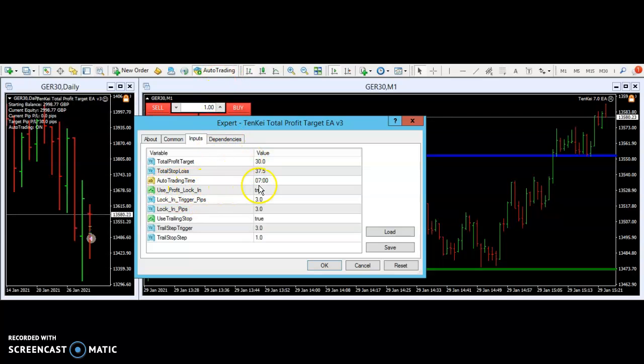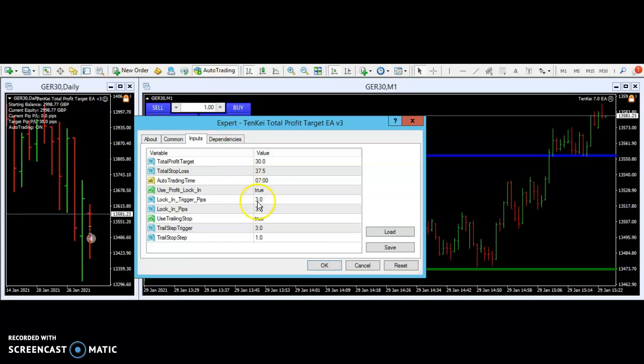This would be the time that it starts trading, but this would be the time it opens the auto trading function. So that means if you're doing auto trading without an expert advisor, but you decide you just want to get into a trade based on highs and lows and resistance points and support and resistance, etc. You can get in, and from 7 a.m., if you decided to start from 7 a.m.,